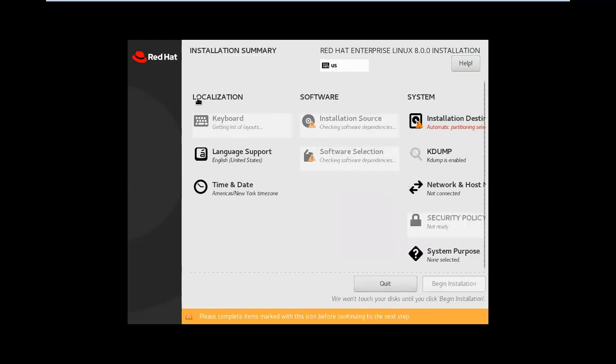So here the dashboard will come. Localization, keyboard language: English US is already selected. If you change date and time, you can change. Installation source: local media only. Software selection: server with GUI. So here we have to fulfill